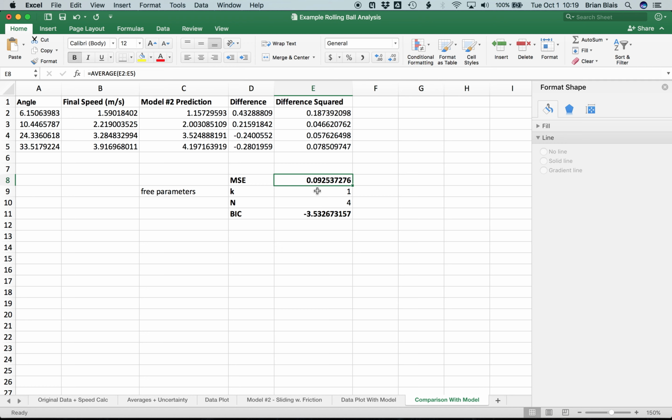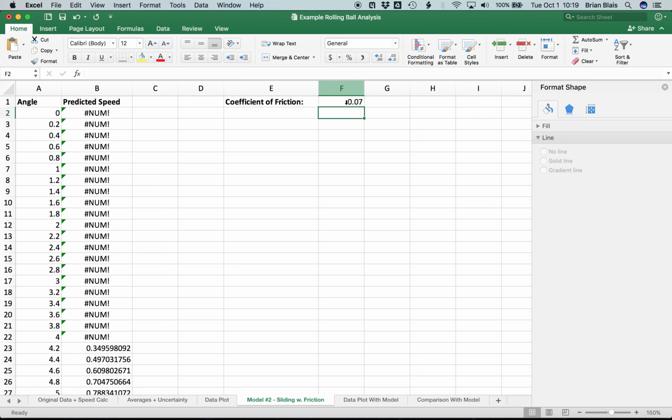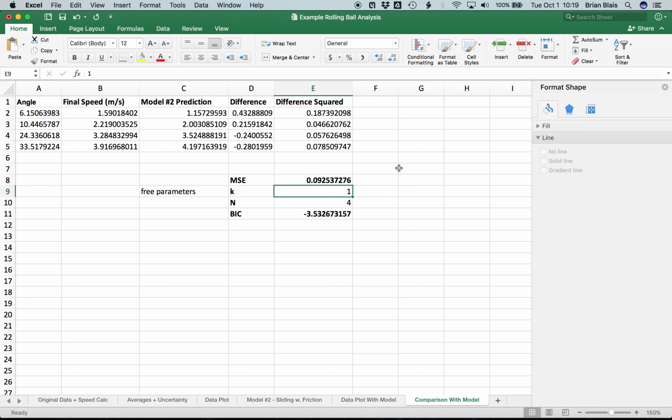To calculate the BIC, I need the number of free parameters. In this case, there's 1. The 1 is this one. It's the one parameter that I need to fit to the data, kind of play around with. If I didn't do that at all, if the model didn't have that, then k would be 0. If you had something like a linear fit with an intercept and a slope, that would be 2 parameters because they both need to be fit to the data. So it depends on your model. And then this is the number of data points that I have here, and then the BIC is calculated as a complete